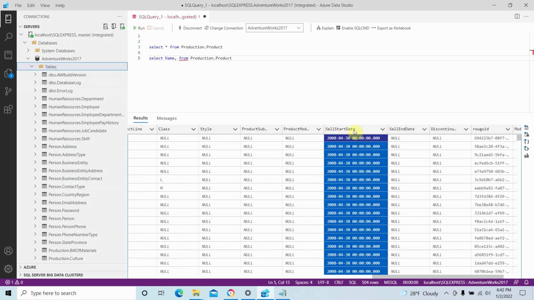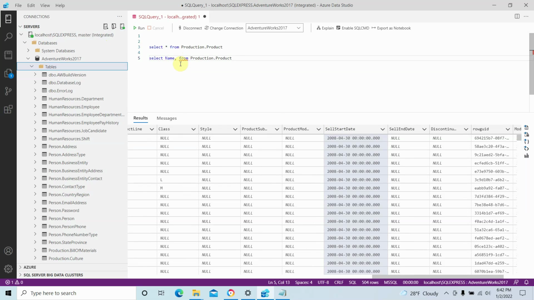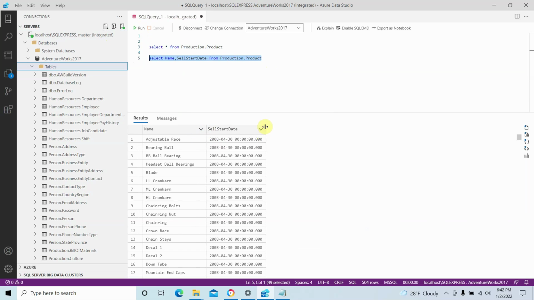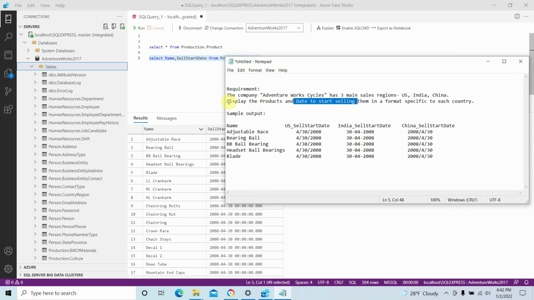The second is sell start date. So these are the two required columns, right? We got it. And if you go to this requirement now,